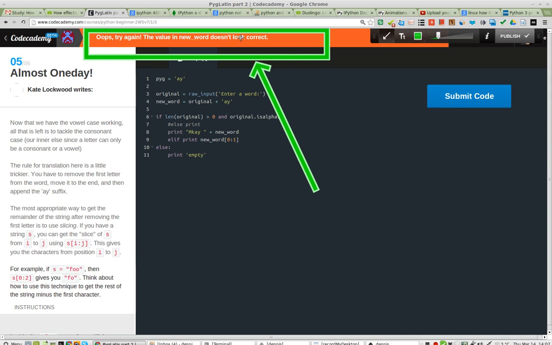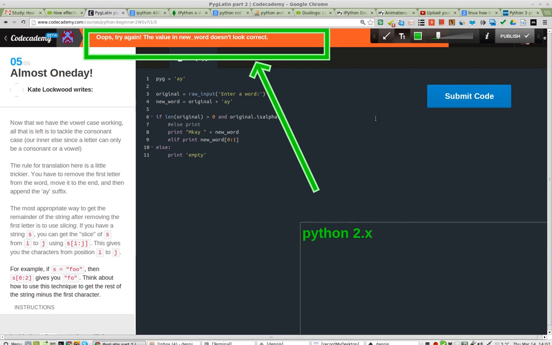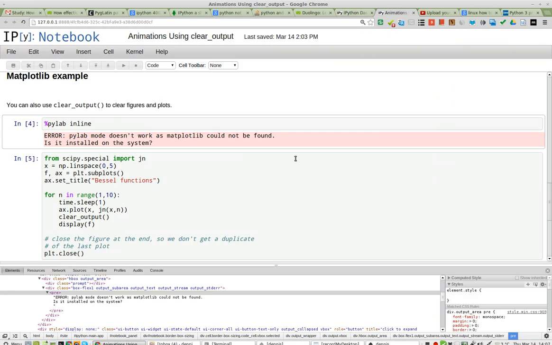Code Academy has some really great tools, and you see that they provide feedback when you're writing the code. They don't tell you that this is Python 2.7. Keep that in mind. It's 2.x something. It's not Python 3. Probably doesn't mean that much to most people, but it means something to me. Anyway, this error message is very useful, and I want the same thing when I'm looking at code found on